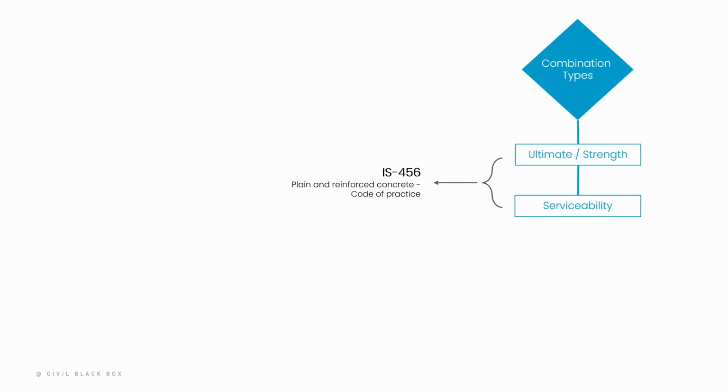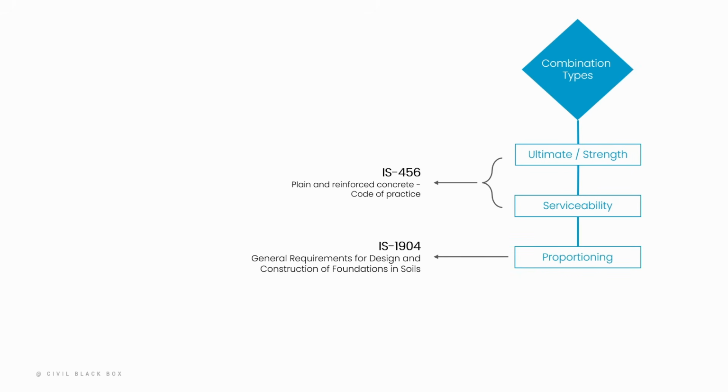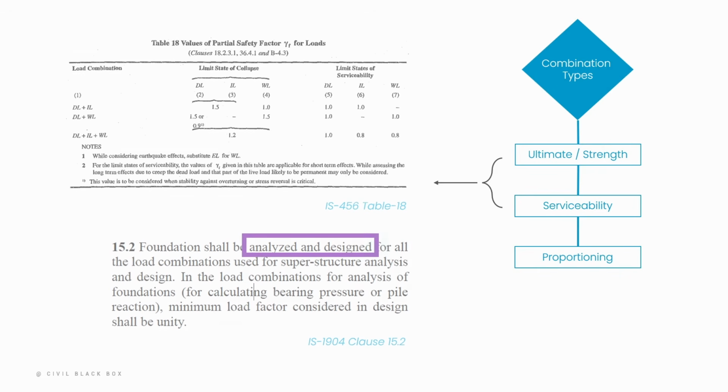Now, this is not the end of the story. However, there is one more criteria which is overlooked most of the time, which is for the proportioning of foundation. Now, this comes from IS 1904, and we will go into much more detail about what each of these criteria talks about. However, all in all, when it comes to ultimate strength and serviceability, this is the code snippet from IS 456 table 18, which says that for the superstructure, we'll be taking the criteria as such and such. And for the foundations shall be analyzed and designed for